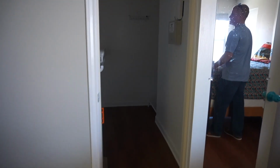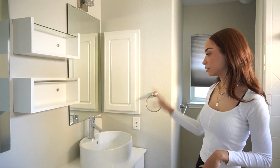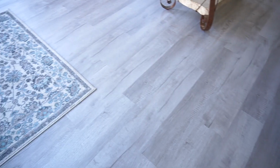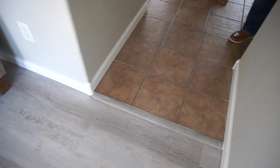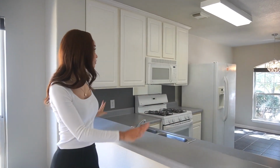There was tile that they had added around the mirror of one of the bathrooms. Just little things like that, where I was like, we would definitely have to remove all of that. I would completely redo the bathrooms. The kitchen has old appliances in it, old bathroom fixtures and stuff like that. There's new flooring in the living room, but it's cheap. Yeah, they glued that vinyl straight down, it's pretty base model flooring. But really good bones, cute layout, nothing structurally looked super wrong with it, no major